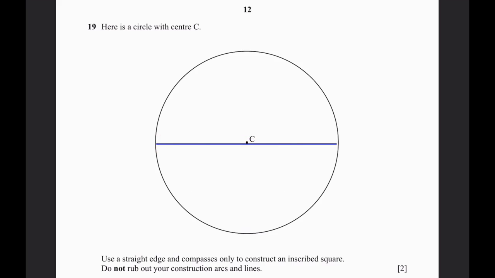Now, we can draw an arc directly above the point C and directly below the point C. We can keep the compass needle here and draw two arcs, one above the point C and one below the point C. Just like this, we have two arcs. And after that, we can place the compass needle at the other point of the diameter and draw two arcs in a similar fashion. Now we can see that there are 2 points where they intersect, and we can draw a line through those 2 points. It should go to the center of the circle,